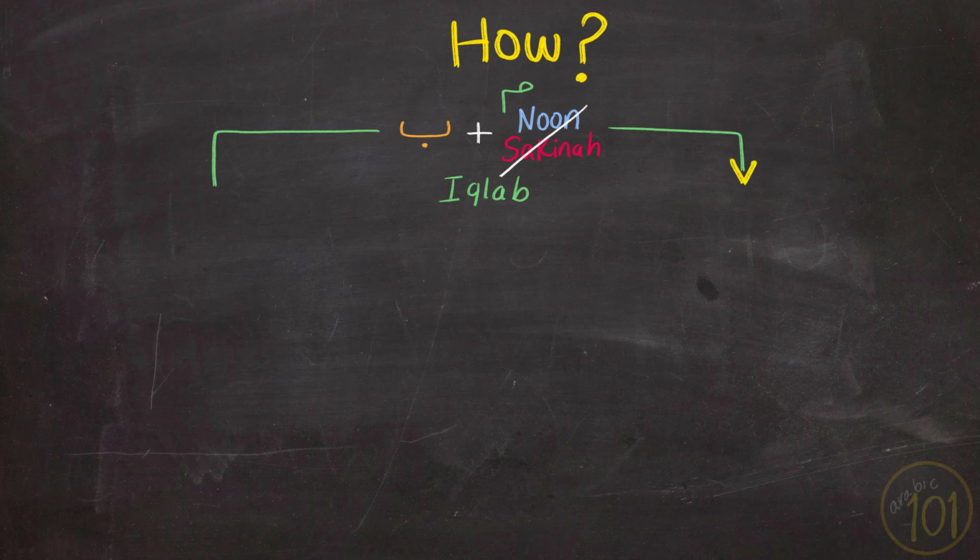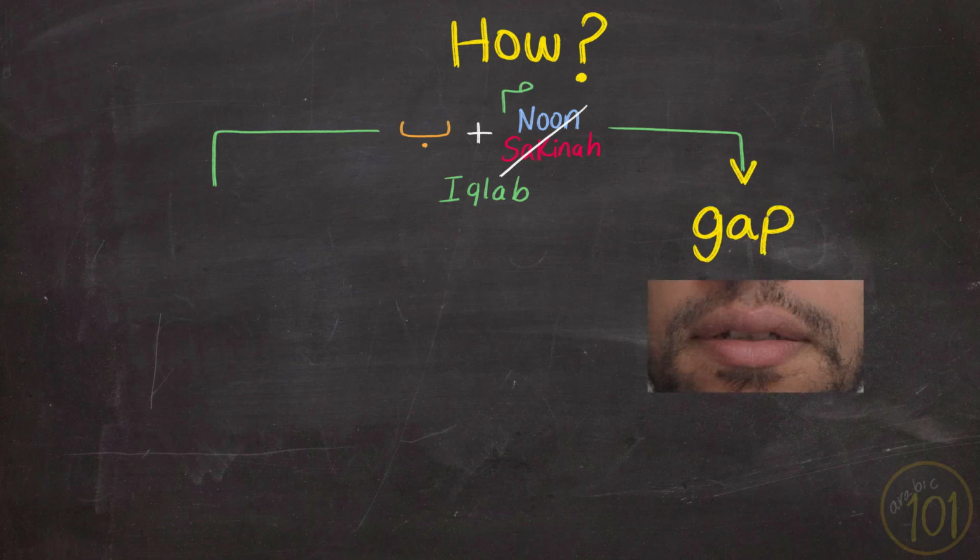Now, one of the most common mistakes of Iqlab is how you can perform it. There are those who think that you have to leave a gap between the lips when you perform Iqlab. And this means that you will say,